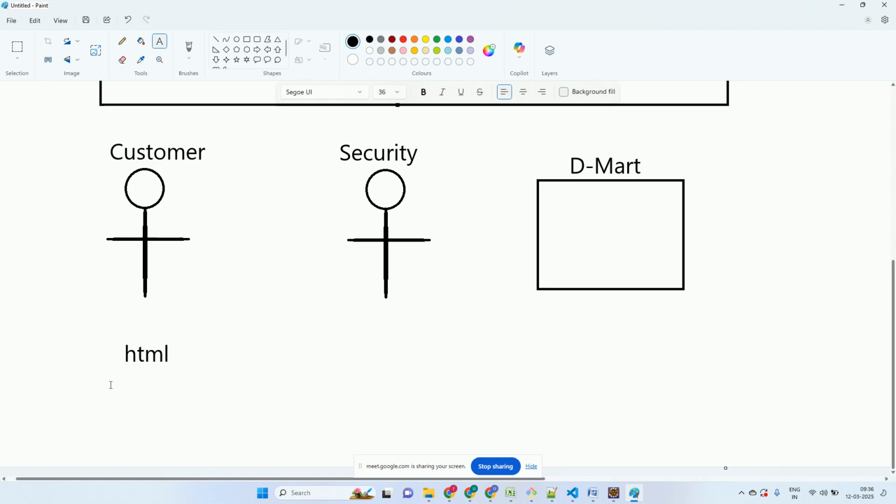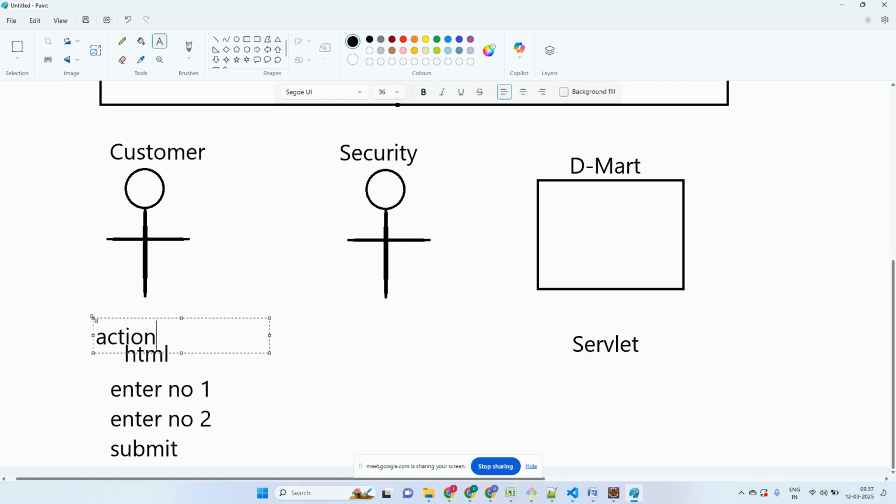So I was accepting two numbers, enter number 1, enter number 2. Then I was hitting submit. Where was submit going to? Submit was going to the action, right? What will it search for? In the servlet mapping, it will check for a URL pattern. By what name? 1. Correct? And then it will map it to a